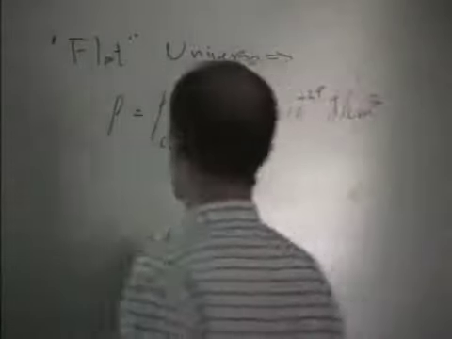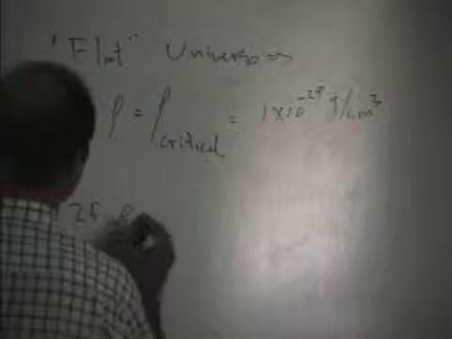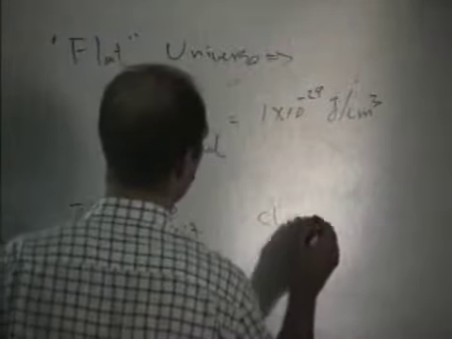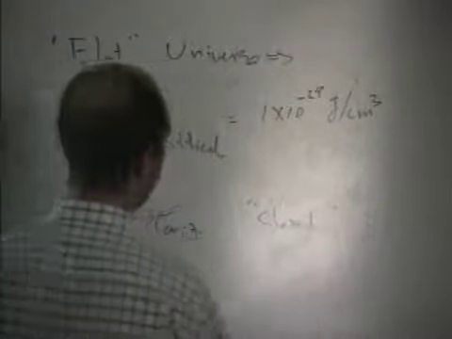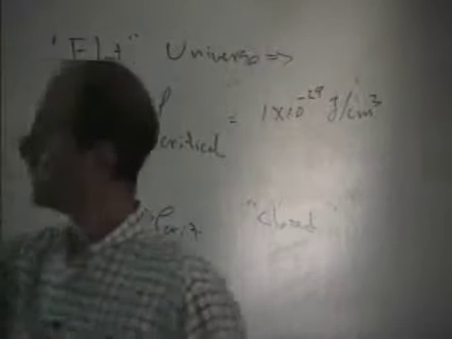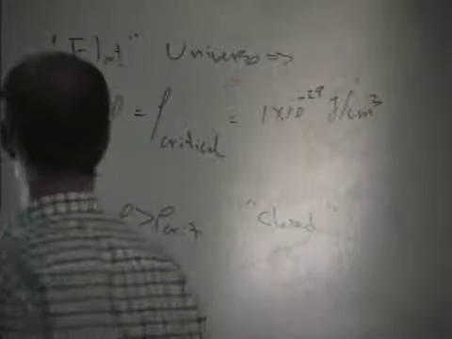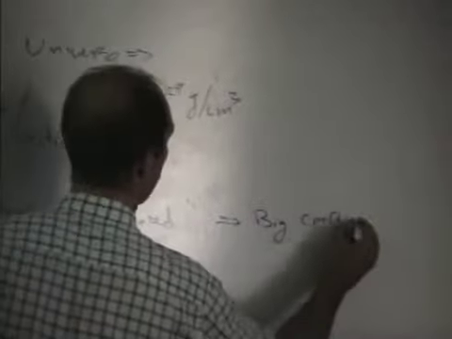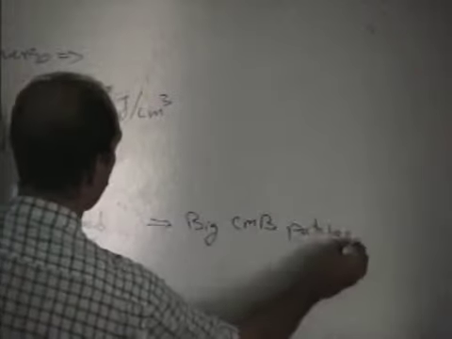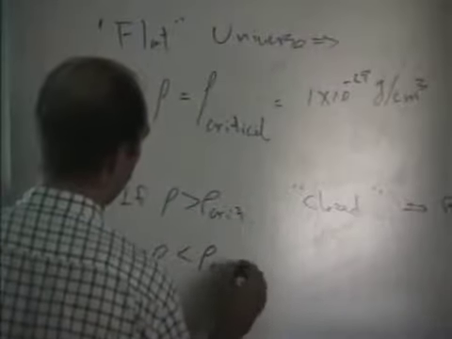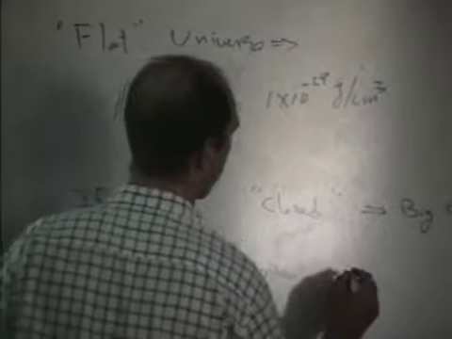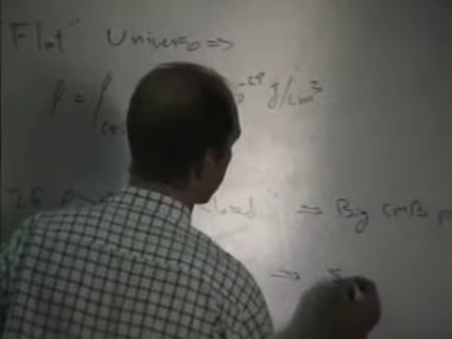If the density were bigger than this, then we have what's called a closed universe. And as I mentioned before, these spots would have been bigger. And if we lived in a lower density universe, below this thing called the critical density, it would have been what we call an open universe, and we would have had small spots.